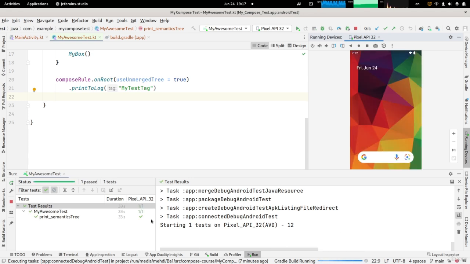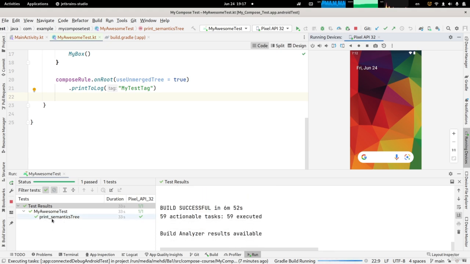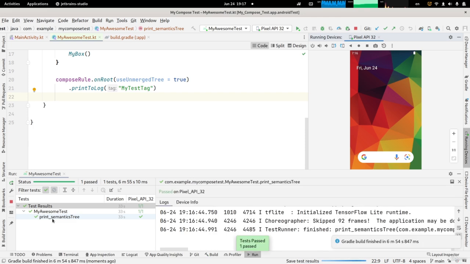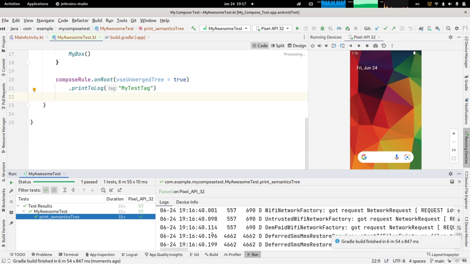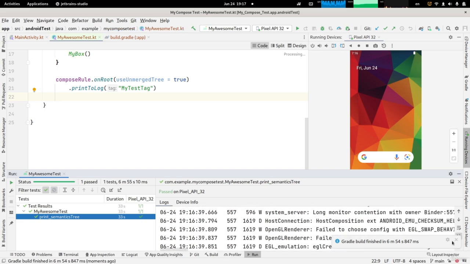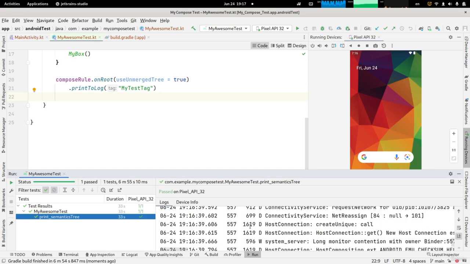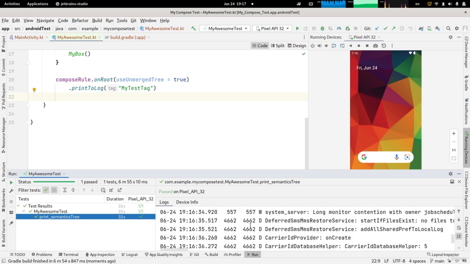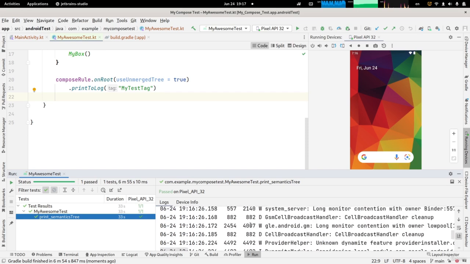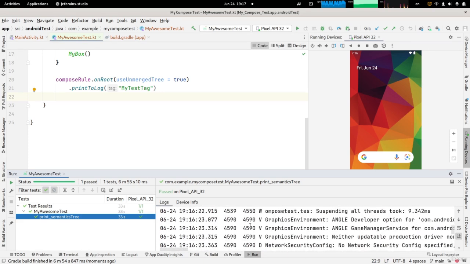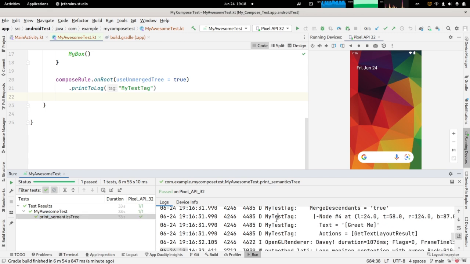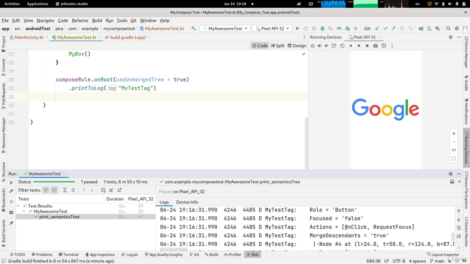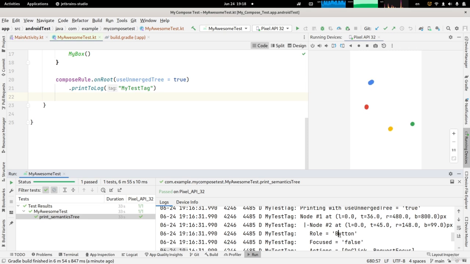Okay, you can see that our test was launched and the functions inside our test class were successfully run. You can now check the output log for the tests, and we are looking for the semantics tree that was run here and was printed here inside the logs. So let's look for that. Yes, that's here. You can see that the tag is here, my test tag, and here's this tree that has been printed,